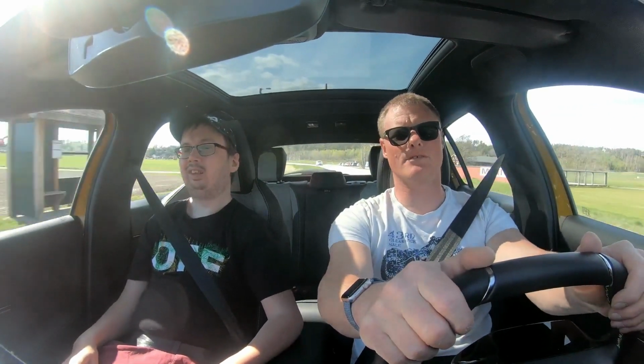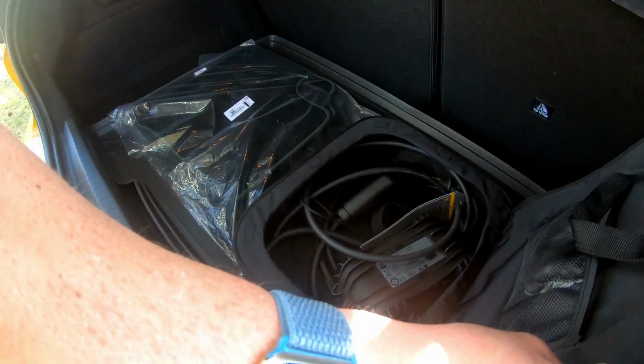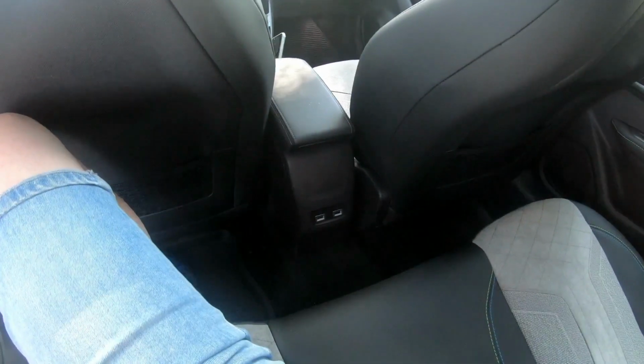The cargo room is small, as to be expected. It's about the same as I think on a Soul, but it's deeper, so you can fit more stuff. It has no frunk, sadly. It's just a block of plastic where the engine is in the petrol and diesel cars, because you get this in all three formats: